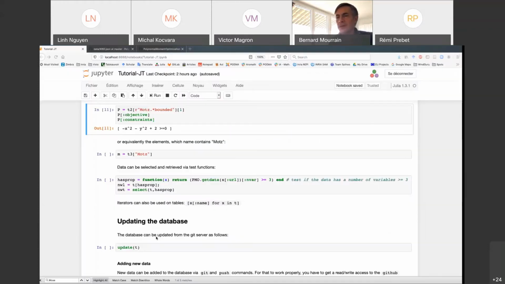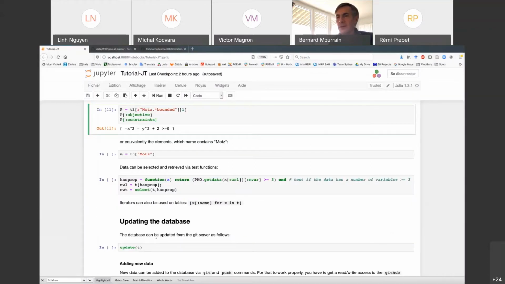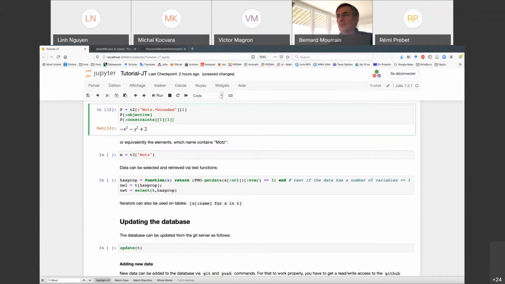But we have seen that there is only one in this example. So again, this will give the first entry of this list, and the first entry is a polynomial.